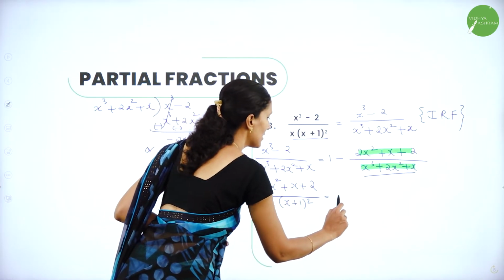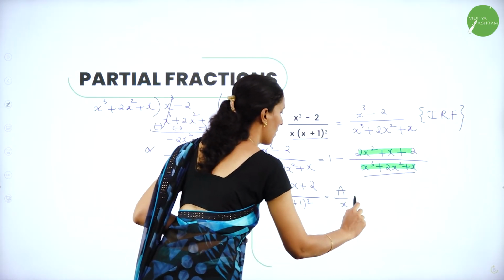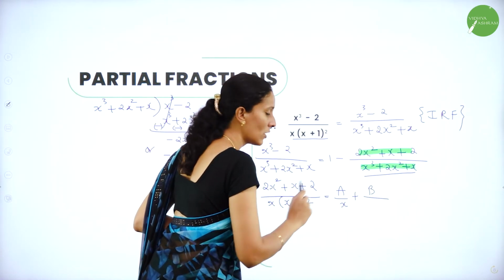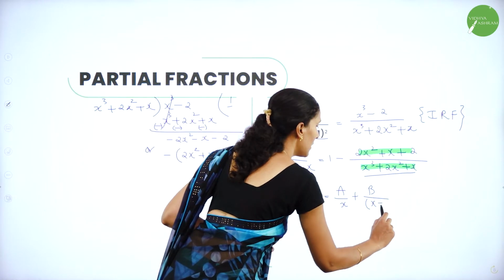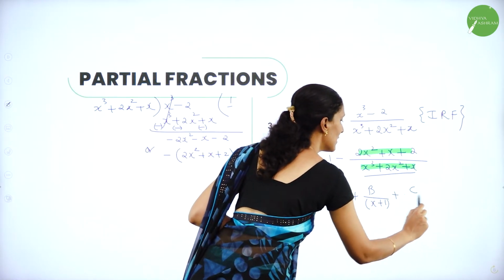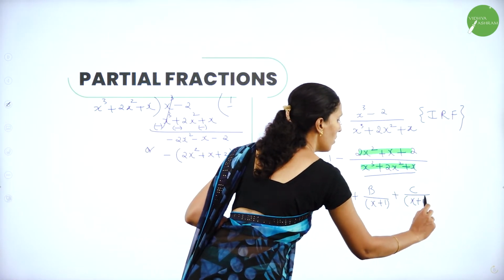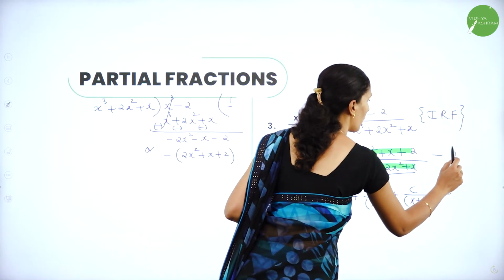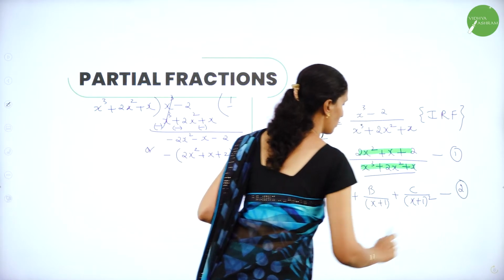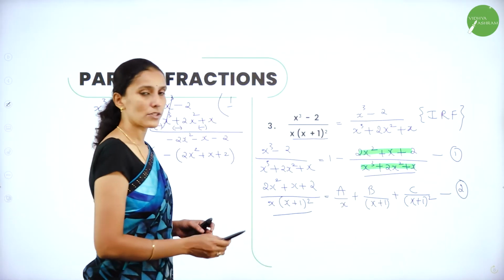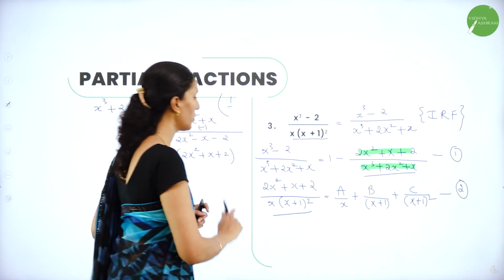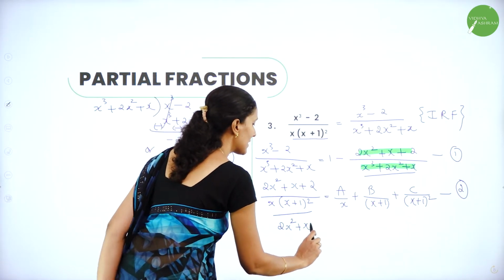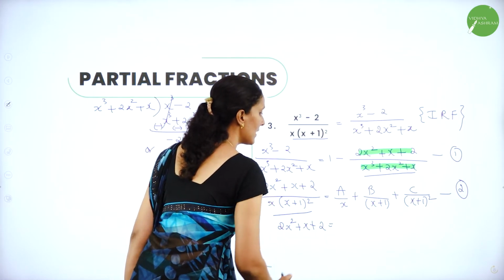This can be written as a by x plus b by x plus 1 plus c by x plus 1 whole square, because whenever you have repeated factors, you have to write it this way. So now take this as equation 1, this as equation 2. Just multiply the factors on both LHS and RHS, so you will equate the numerator as 2x square plus x plus 2 is equal to